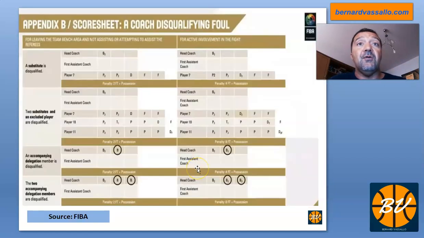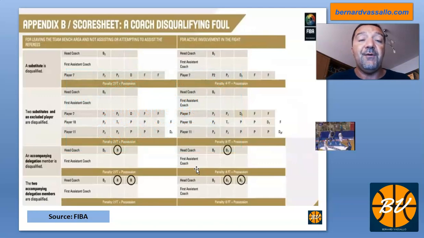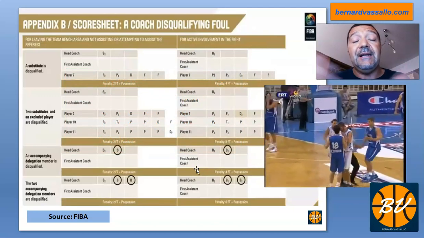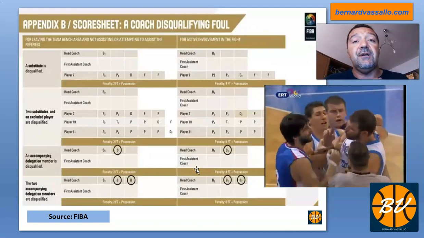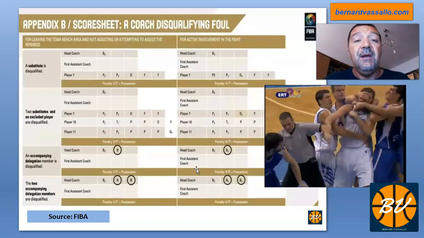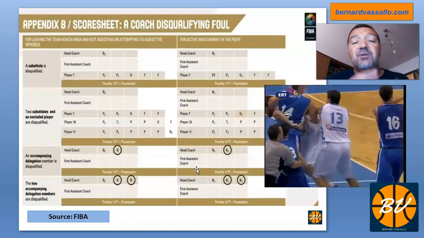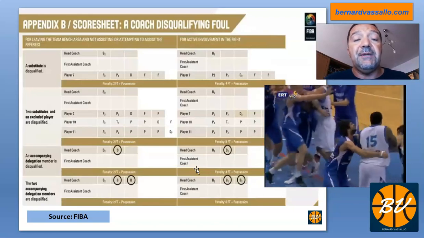Therefore, taking these scenarios, you could see the difference here. The rules also talk about other personnel. Remember that nowadays on the bench, apart from the coach and the assistant coach, there could be a possible 14 other persons on the bench: 7 substitutes or excluded players if a player has been excluded with 5 fouls, and also another 7 team delegation members. Could be the second assistant coach, the physiotherapist, a doctor, the manager, maybe an injured player who is not listed on the score sheet but is wearing casual clothes and is on the bench, where all these team members on the bench are always under the responsibility of the head coach.